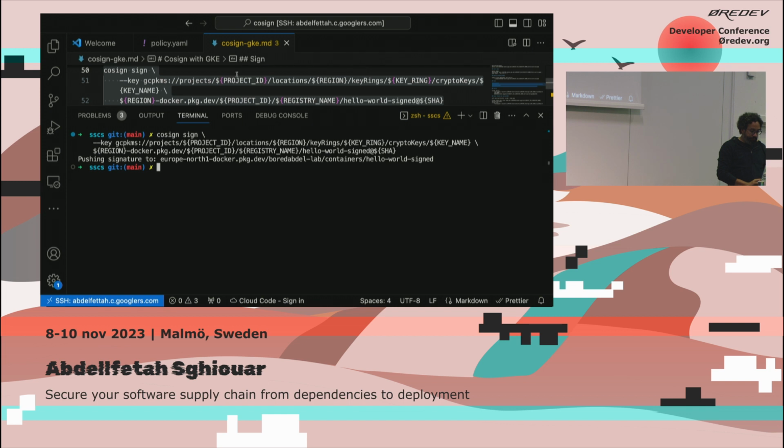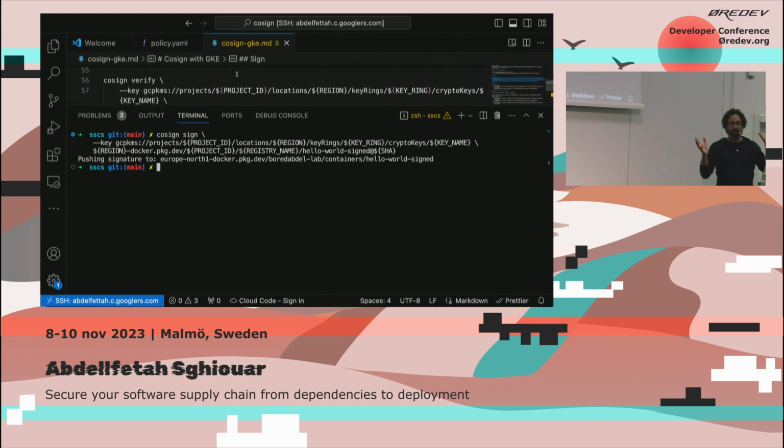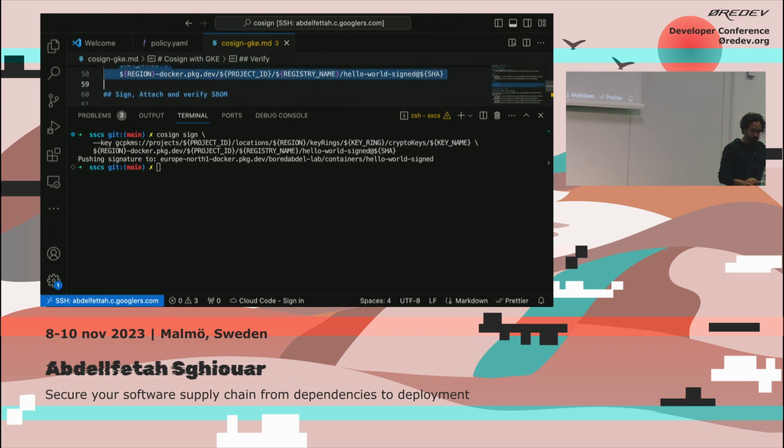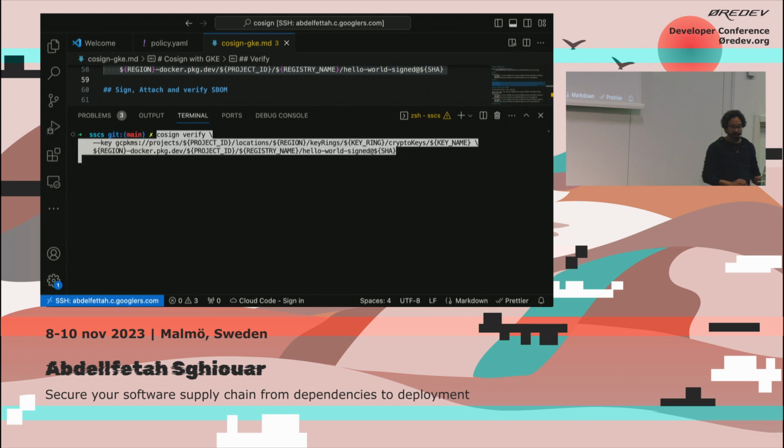Then what I can do, so this is part of the establishing trust, zero trust thing we talked about, this could be a step that you do in your build pipeline, which is you build your artifact, and then you just add a step to sign the artifact and store the signature. Then later on, in the next step, which is maybe the deployments or the QA or whatever, I can just use cosign to basically do the same exact operation, but in the reverse order, which is verify the signature of